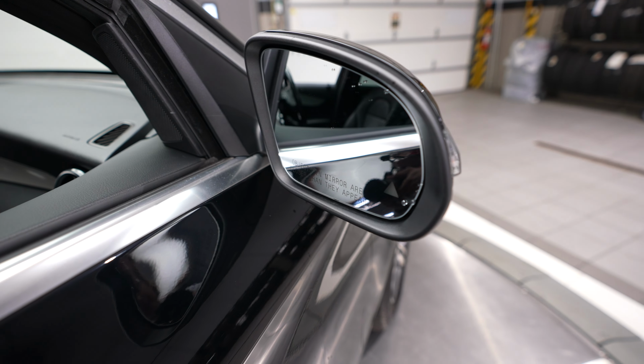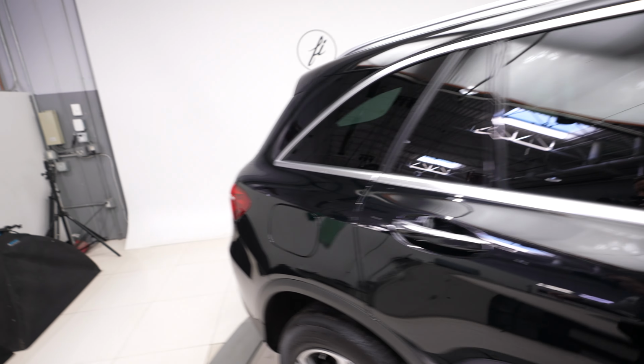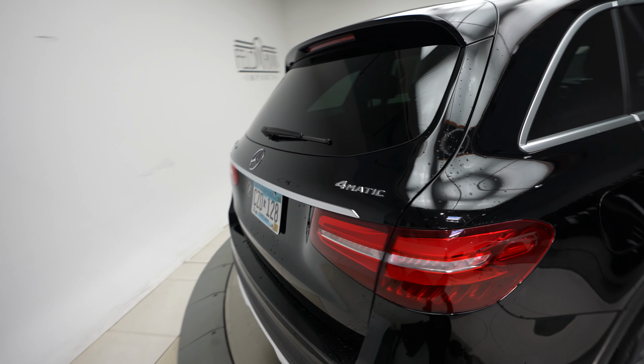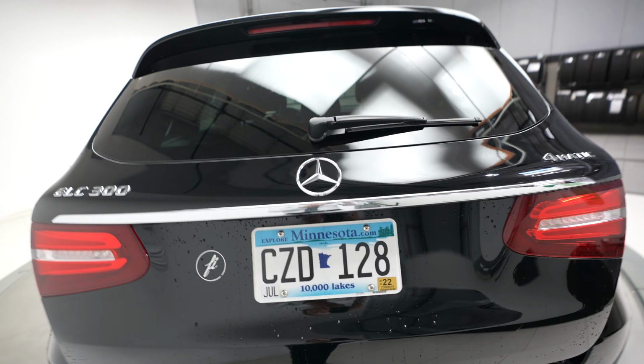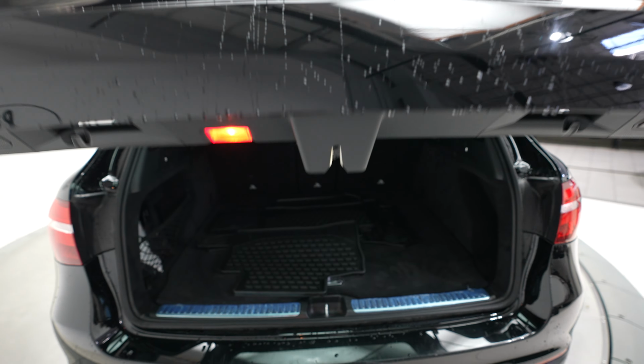Sunroof, blind spot assist, 4MATIC, Mercedes-Benz, and GLC 300 badging, power opening and closing trunk,